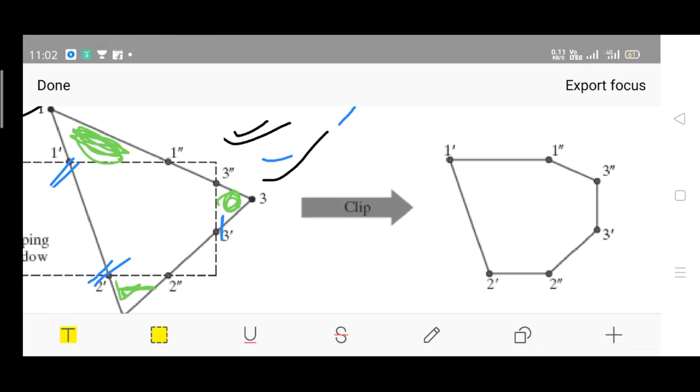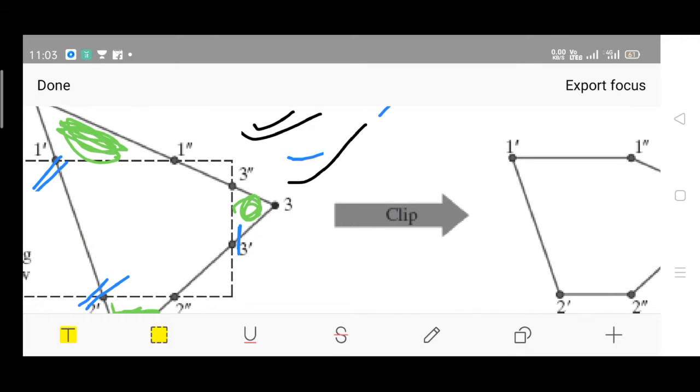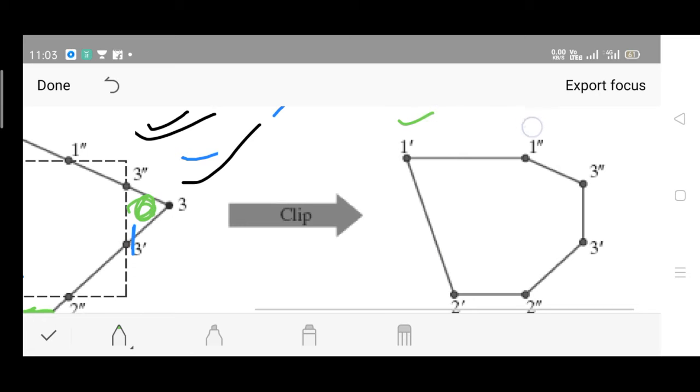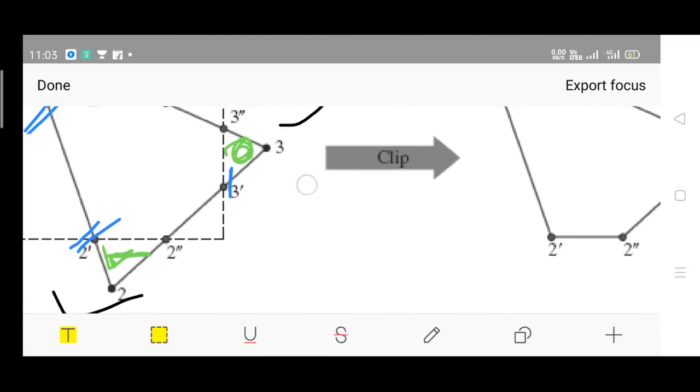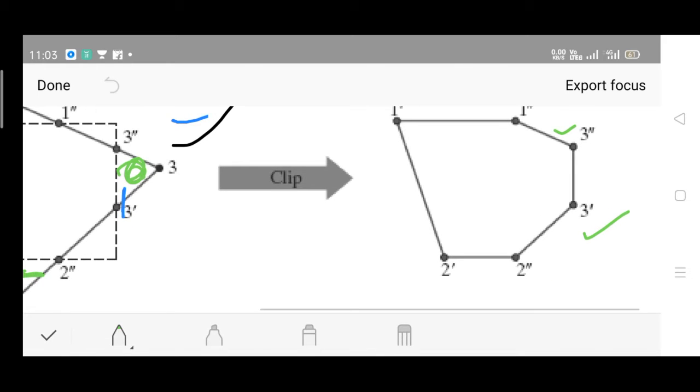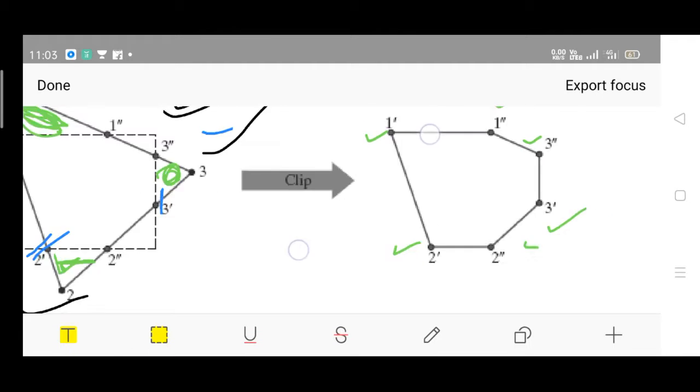So we have the points, concentrate on the points 1 dash to 1 double dash, right? 1 dash to 1 double dash, just check here, 1 dash, 1 double dash, 3 double dash, 3 dash, we have 3 double dash is there, 3 dash is there, then 2 double dash, and hope it is visible, 2 double dash and 2 dash, right? These points are connected and the updated model is shown, right?